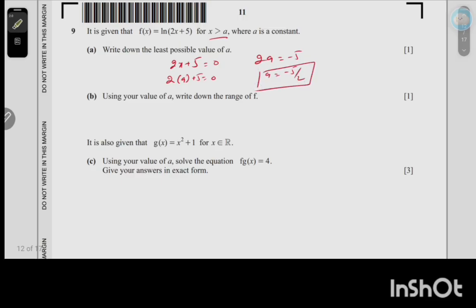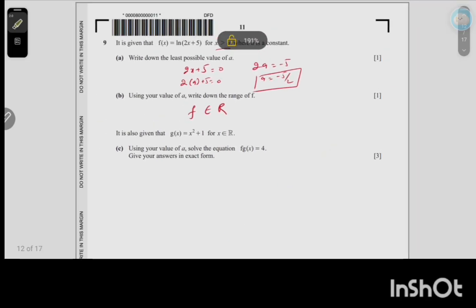Okay, this is the least possible value of a. It's very simple. Now another thing is, use your value of a, find the range of the function. Very simple, the range of the function is all real values. Now see, it is also given that g of x equals x square plus 1 for x belongs to R. Using your value of a, solve the equation f of g of x equals 4 and give your answer